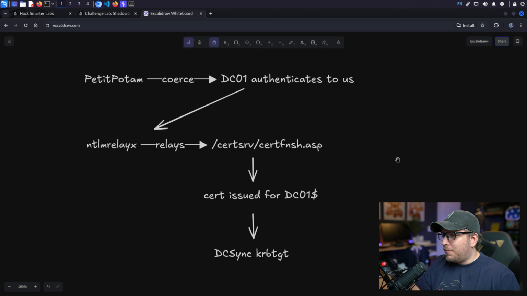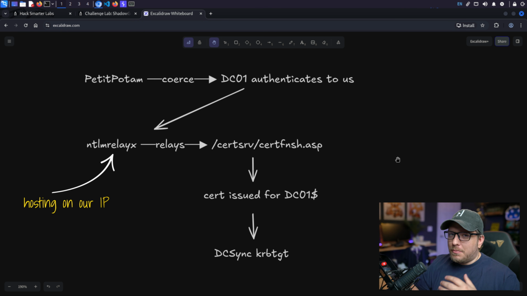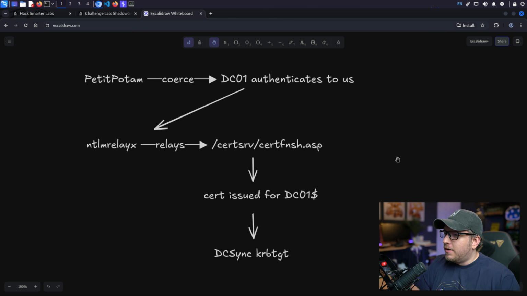If you call it with a path pointing at yourself, like my IP address /shared/file or whatever, Windows will dutifully try to open that file, which means it will try to actually authenticate to my fake server, and it'll do so using a machine account, in this case DC01, the domain controller,